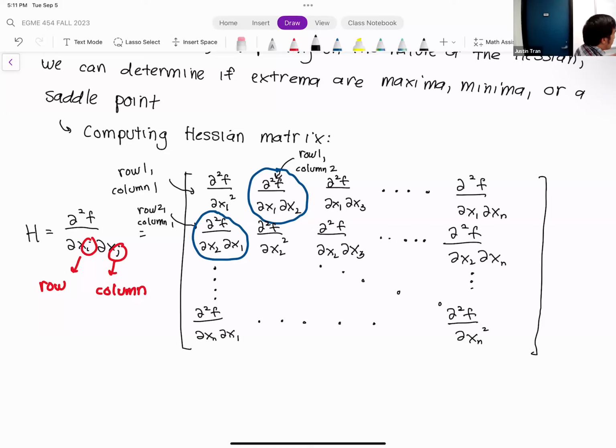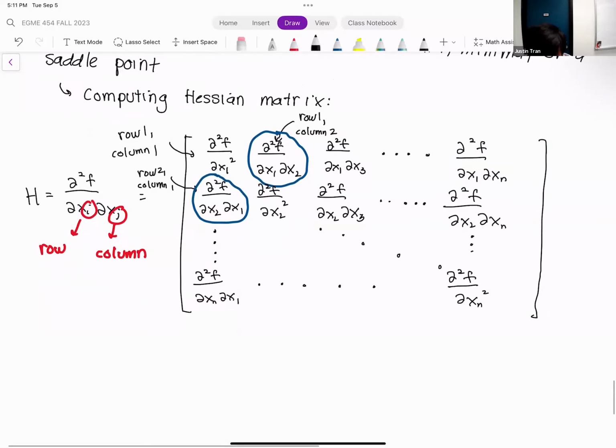When people see something like this, I think they get intimidated a little bit just because there's a lot of symbols. But this is the most generic form for the Hessian for the case of any number of design variables. Most commonly in this class, we're going to work on either 2D or 3D cases, mostly 2D, just because it gets unruly from there. So let me show you the Hessian matrix for a two-dimensional system.